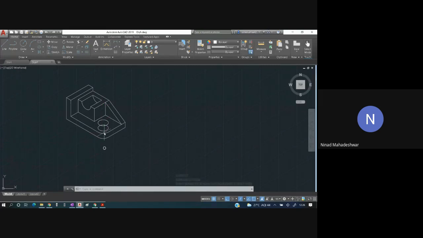Sometimes what happens is, supposingly, the thickness over here, I'll just copy this. Supposingly the thickness of the base is not 12, it is supposingly 20. If I put 20 over here, both the circles are not intersecting. So in that case we have to delete this and we have to see that this is a cylindrical part.